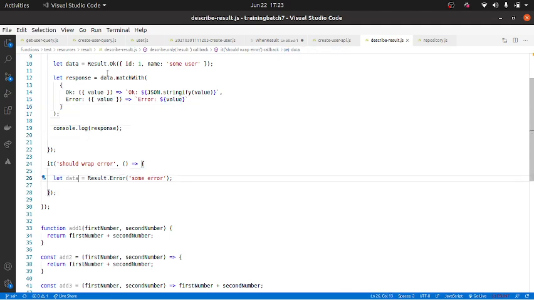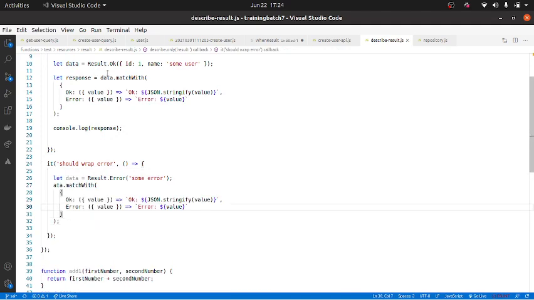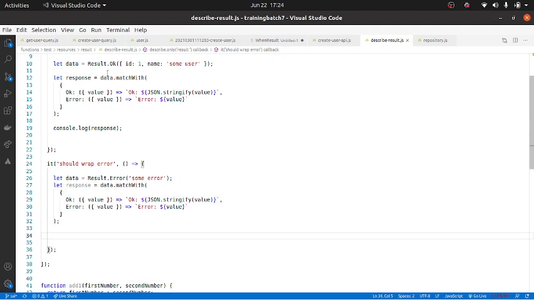So here, data.match, same thing I'll do. Actually, I could have done that also. Let response equal to this, and let's do console.log. Let's do an expectation only. Expect, what are we expecting?